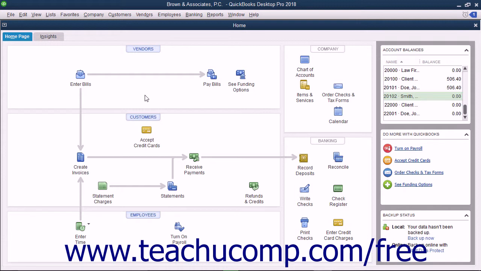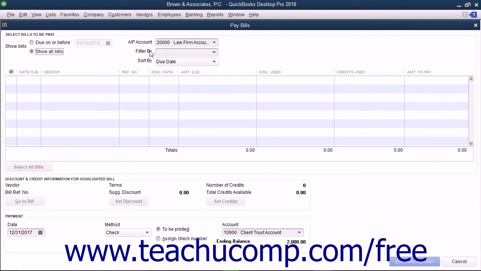In this lesson, we will examine how to pay bills from the client's trust account using the Pay Bills window. If you need to review paying bills, please read the lesson Paying Bills in Chapter 12 of the Introductory QuickBooks Manual. To start the process, select Vendors, Pay Bills from the menu bar within QuickBooks to open the Pay